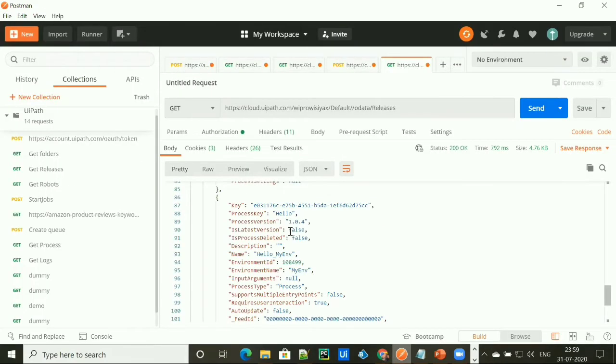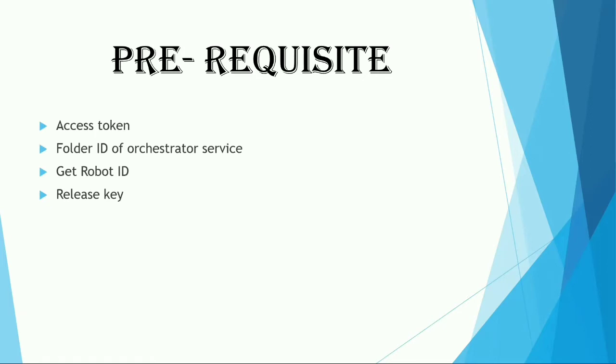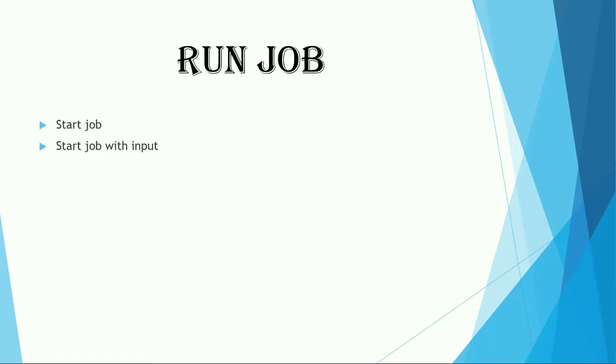I've created one workflow. It will just print a hello message with the input argument name. So I'll use that process for this demo. I'll copy the release key of this process for further use, and I'll paste it in a notepad. So we got the release key. Now we have the access token, folder ID, robot ID, and a release key. Let's go ahead and see how we can start the job